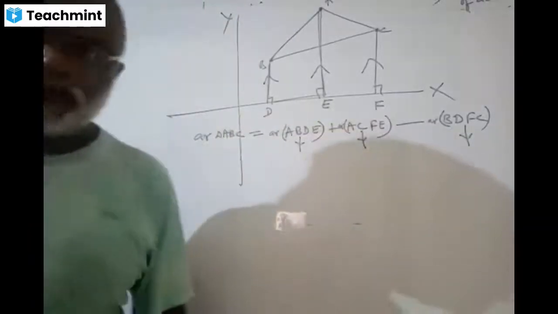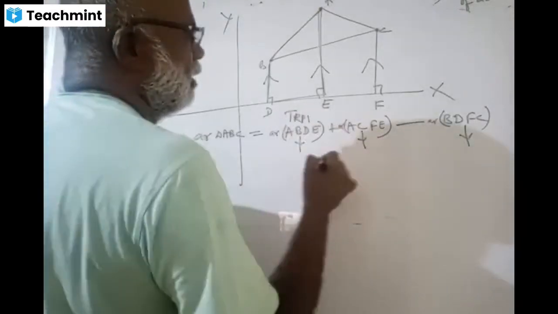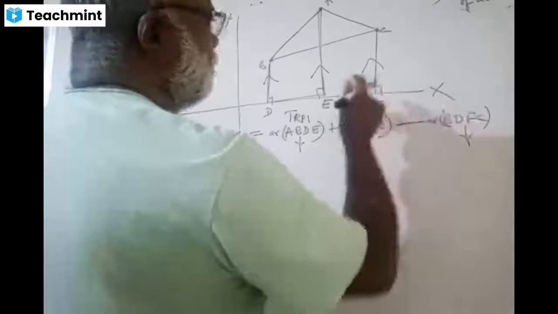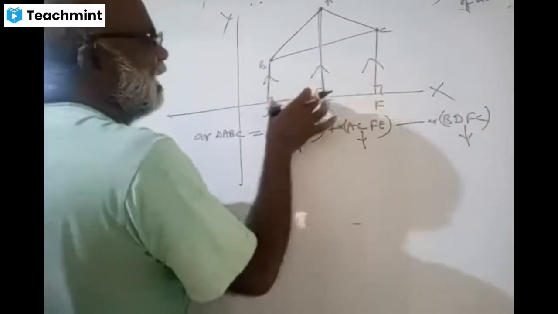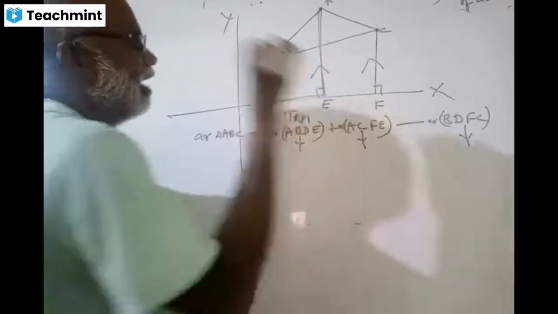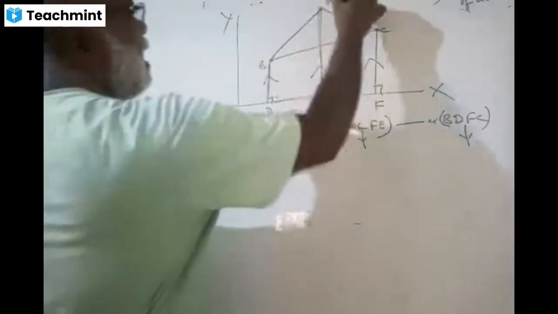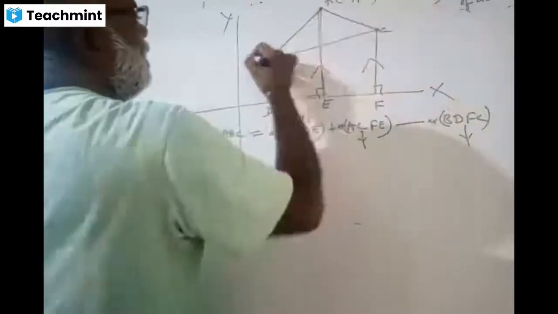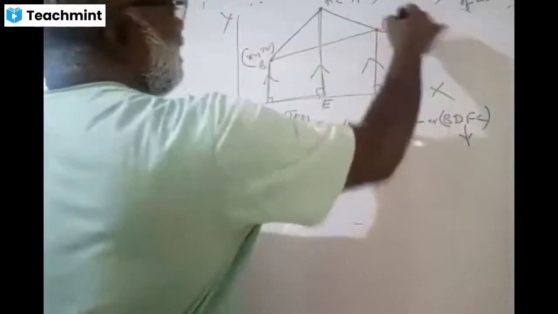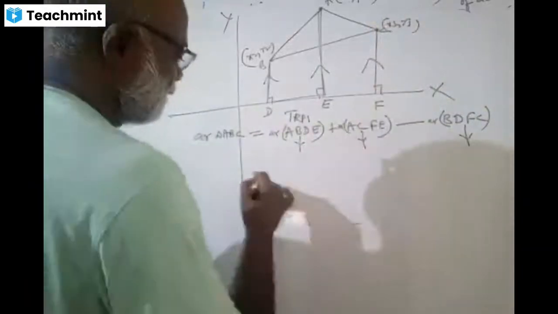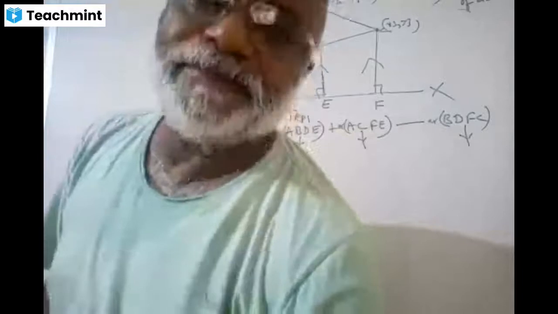Trapezium, sir. Trapezium 1, trapezium 2, trapezium 3. Why? These two are parallel sides. This is the height. You do that, you get the area of a triangle formula. This is called x1 y1, x2 y2, x3 y3. And you just go through the 10th standard textbook. It's a very, very useful one, please.